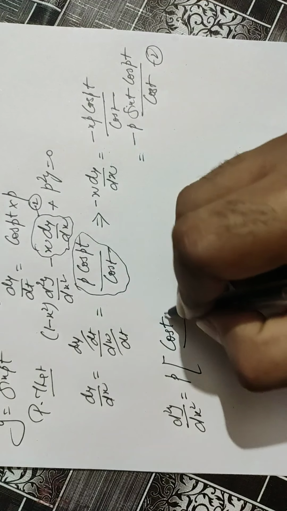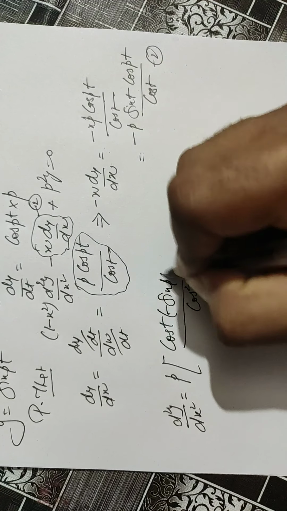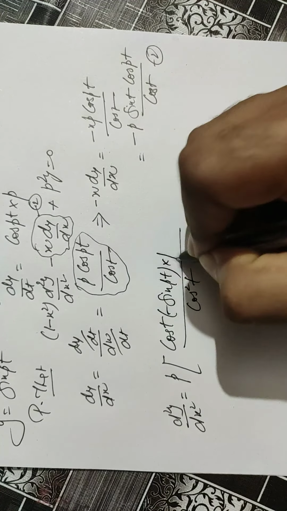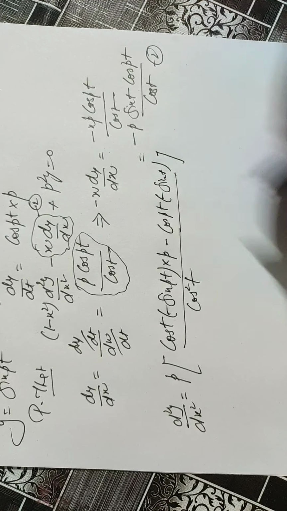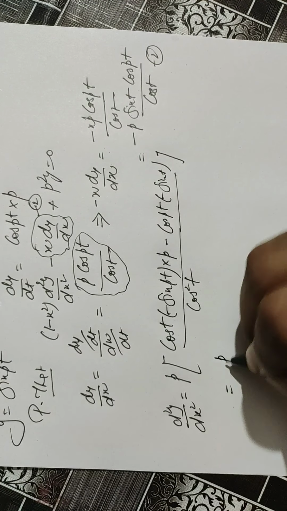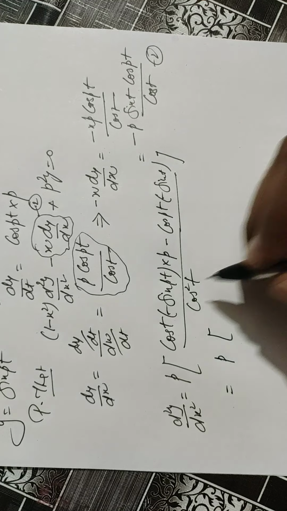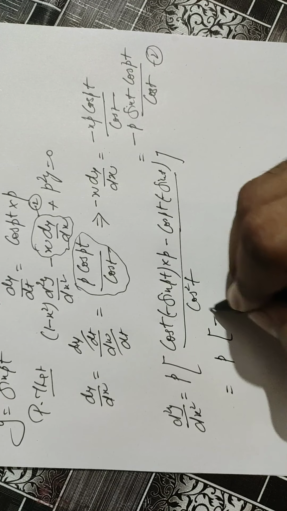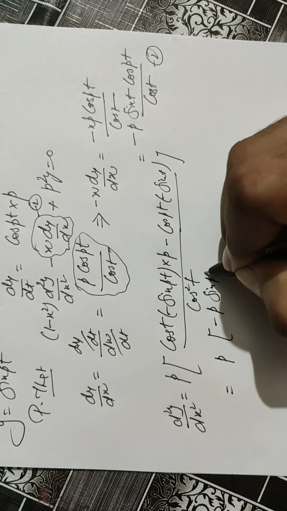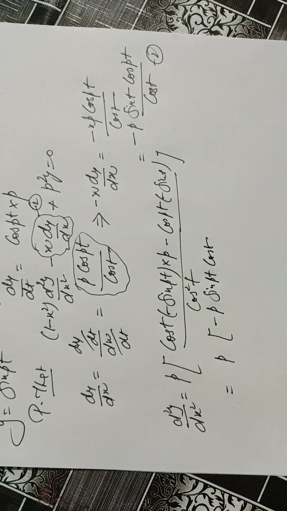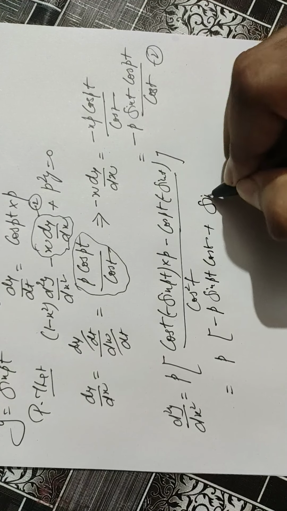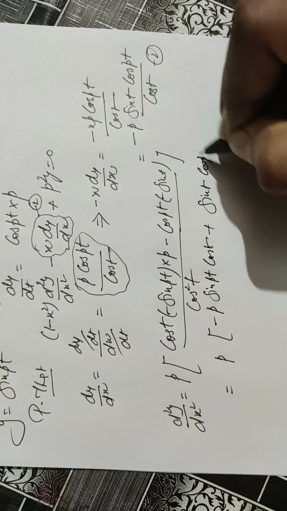Derivative of the upper, that is minus sine pt, with differentiation of the angle p, minus upper remains the same, differentiation of the lower becomes minus sine t. So overall we are getting p outside. This term becomes negative, p sine pt cos t plus sine t cos of pt, divided by cos square